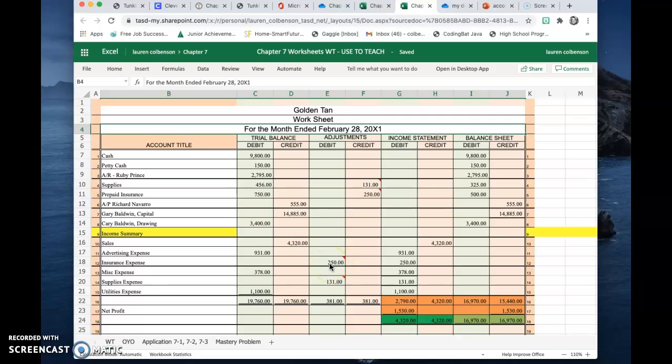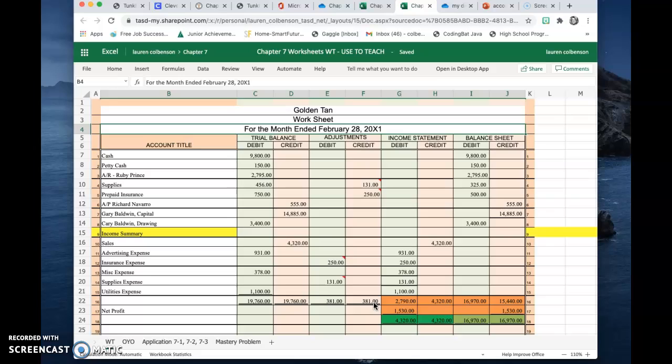So you're going to debit insurance expense and supplies expense. Again, it's a new account. These 2 accounts are only used for adjusting entries. So you've got 2 debits, 2 credits. They are equal. Remember, debits and credits are always equal. So you can see our first 2 columns are balanced. Our next 2 columns are balanced. So that's all you need to know then about